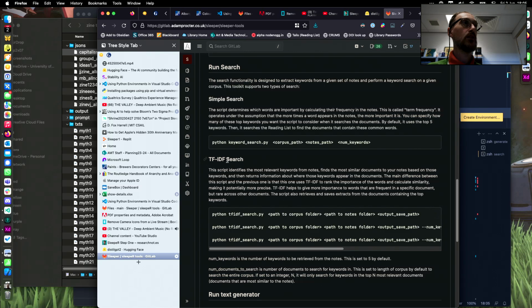What we're going to do now is this TF-IDF search. This script will identify keywords from the notes, so the nodes, the JSON data, find the most similar documents to those based on the keywords, and return information about where those keywords appear in the document. The main difference between this script and the previous one is that it uses TF-IDF to rank the importance of the words, so it's a slightly better ranking of how useful this is. Okay, so let's just do that